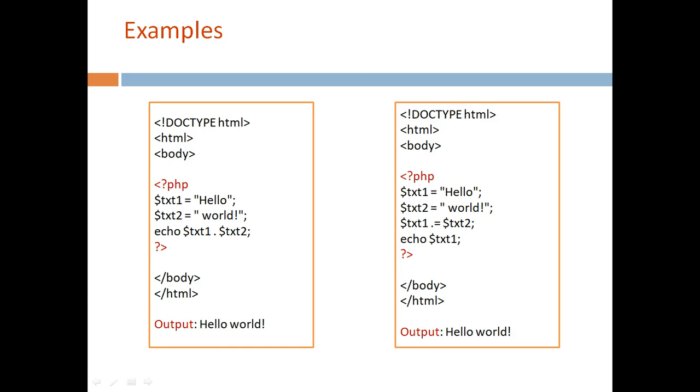In the first case, we have just used the concatenation operator. Two string values are declared. First string is hello, the second string is world. So when we try to use the concatenation operator, both values will be added together and we obtain our result as hello world. In the next case, again this is also the same, but it is written in this manner, that is text1 .= text2, which means hello is the first string, to that the second string is added. So this also is written, but here we are using a print statement. Here we need not use it because by default it will append the value. And finally we are displaying the result.